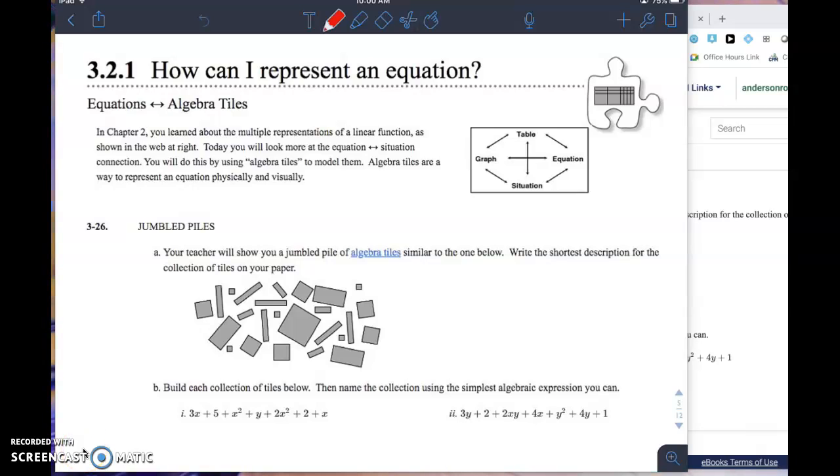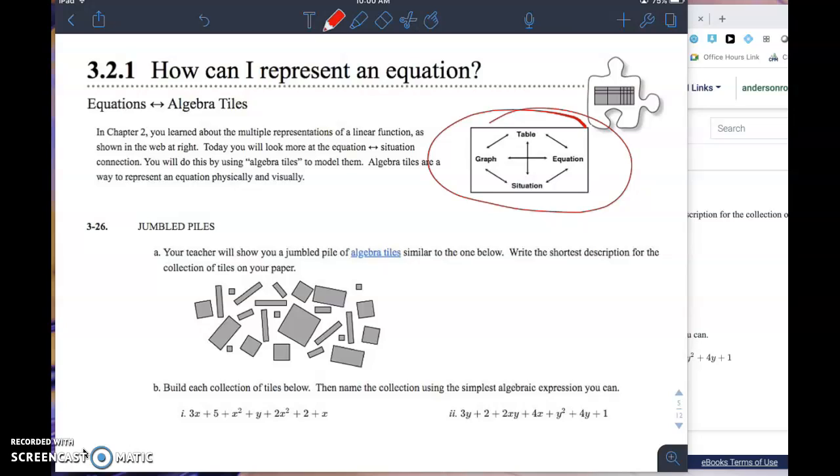I'm coming to you today with section 3.2.1 and we're going to reinvestigate using algebra tiles again how we can represent an equation. I'll invite you to recognize this representation web that we have up here. It is something that we saw in chapter 2 and we are going to focus on a couple of these things today, a couple of these connections that we've probably already created, but one more time,